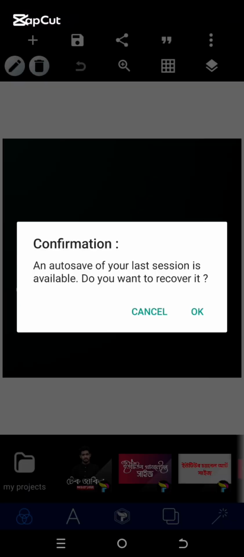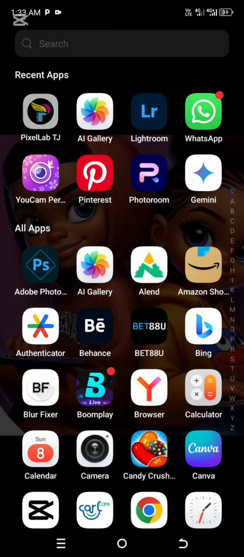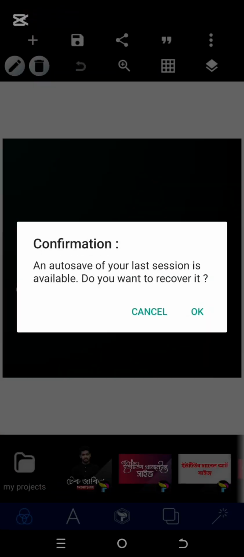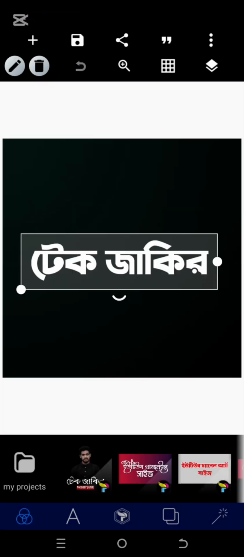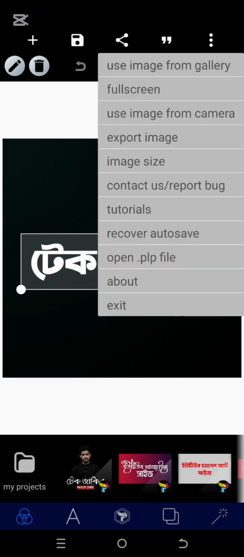I'm going to introduce the interface of Pixellab so you understand every element displayed on it. Clicking on the application, your Pixellab, it appears like this. Okay, the first thing you're going to do is to set your print size by clicking this three dot line,